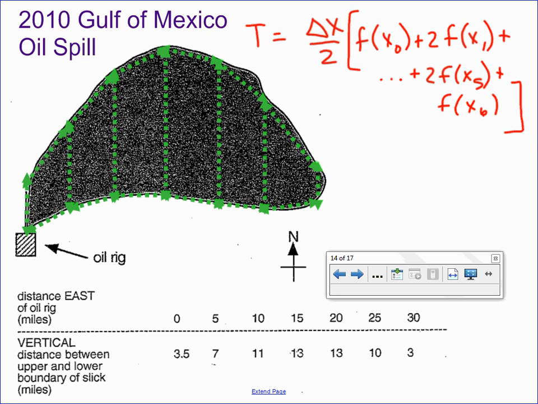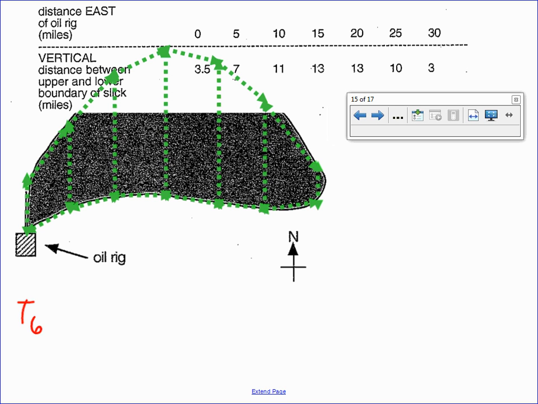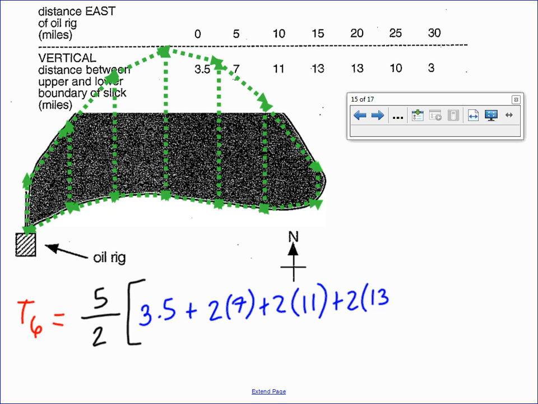So let's go ahead and generate our expression. Here we go. We've got T sub 6 given by delta x, the width of each trapezoid. Well, the height of each trapezoid, but they're turned on their side. And so that would be how many miles? That would be 5 over 2 from the 1/2 of my formula times quantity. And here we go. Our first function value is the first height, separating the top and bottom of my oil slick boundary. So what's that? 3.5. Plus, we need 2 of this next one because it not only acts as the right side of my first trapezoid, it also acts as the left side of my second trapezoid. So we count its value twice. So we need 2 times 7 plus 2 times 11 plus 2 times 13 plus 2 times 13 plus 2 times 10 plus